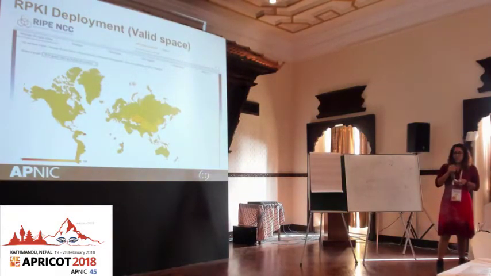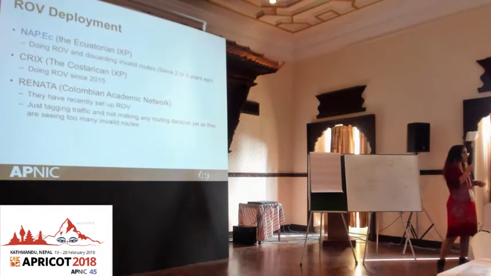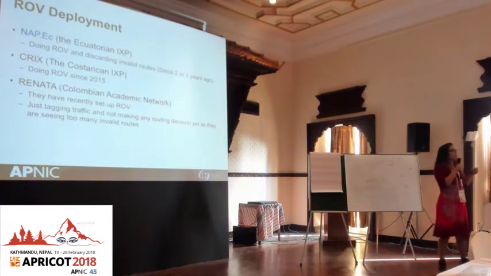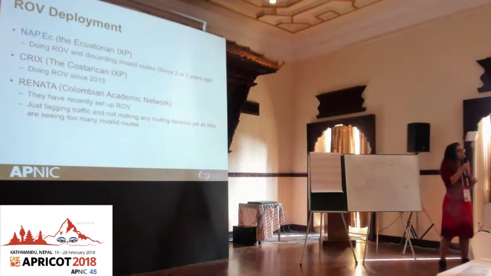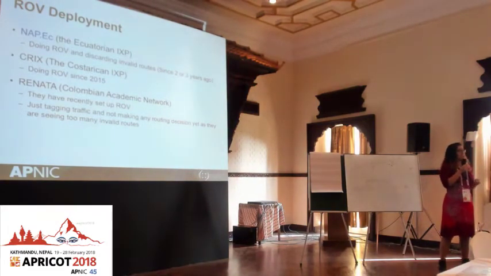But then there's the other part that I was telling you about, and it's about origin validation deployment. Once you generated your RPKI information saying which origin AS you will use to originate your prefixes, you also need to set up your routers to start validating using the RPKI information. And I couldn't find any example here in our region about origin validation.